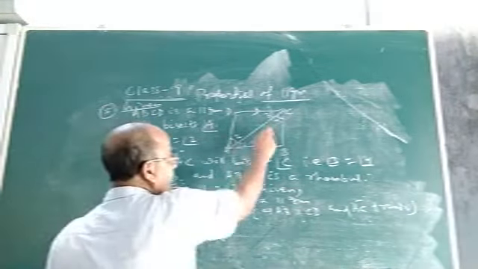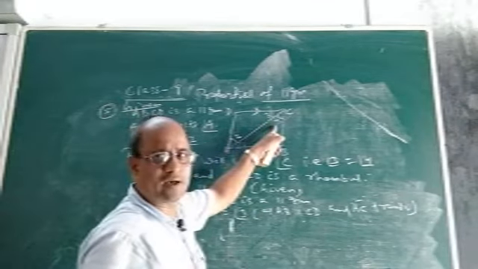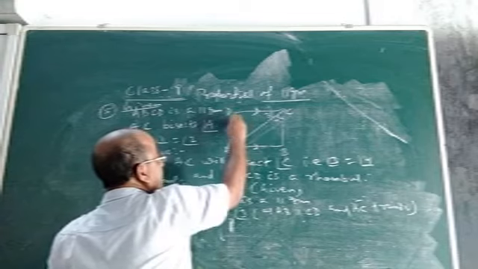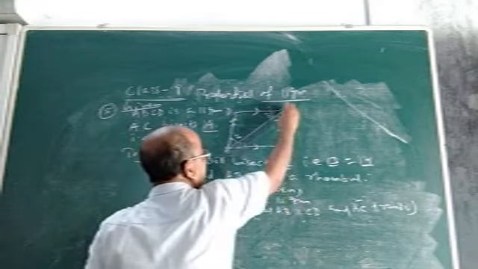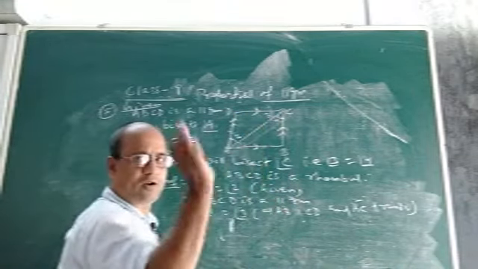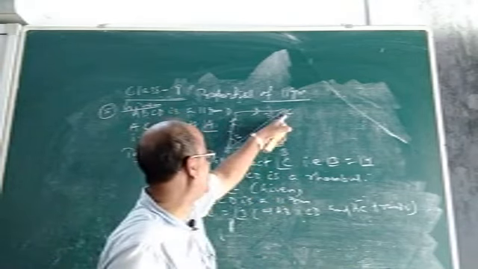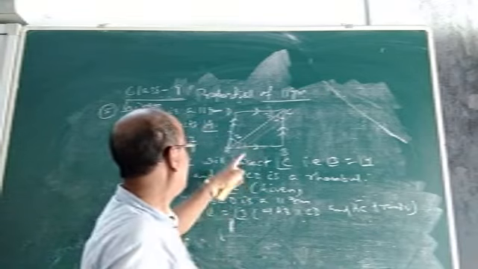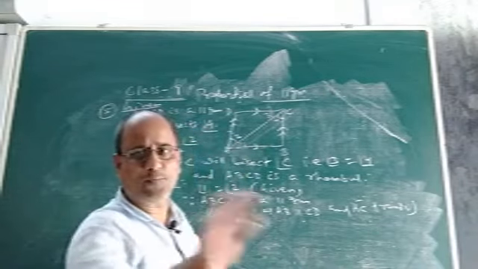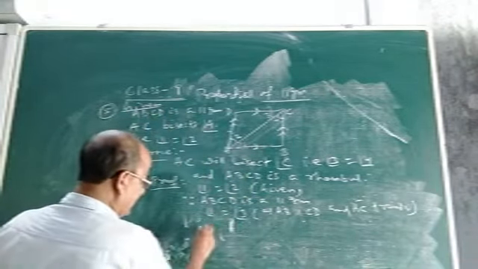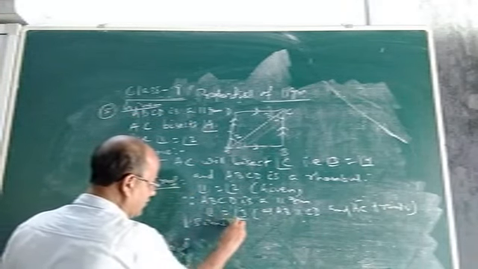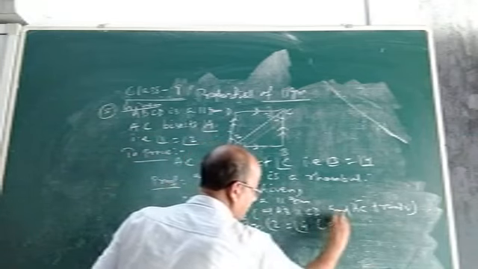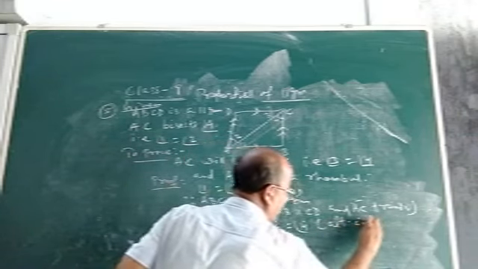What about 2 and 4? Angle 2 and 4 also form a pair of alternate interior angles. Why? Because AD and BC, these two opposite sides of the parallelogram, are also parallel. So as AD is parallel to BC and AC is the transversal, angle 2 and 4 will also be equal. Similarly, we can say angle 2 equal to angle 4. Why? Because they form a pair of what angles?